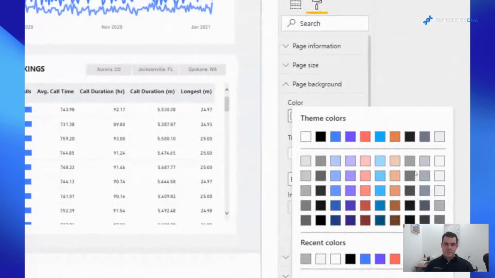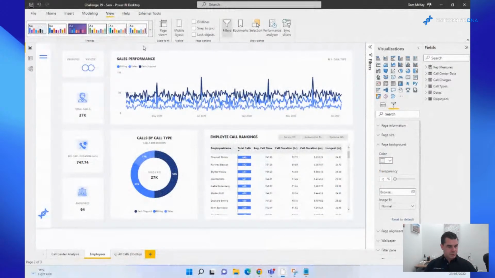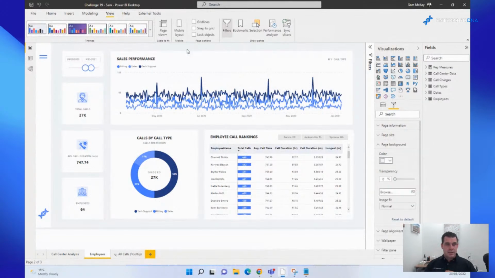So you see here that I've got quite a lot of variation in my theme, but the reality is you just do not need to use too many colors. I think I've used maybe 3 or 4 shades of color, and that is it. I've decided to stick with blue, and literally I've just stuck with this one line down here. You just do not need to overcomplicate colors. That's really what it comes down to.